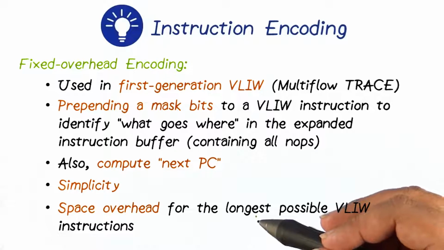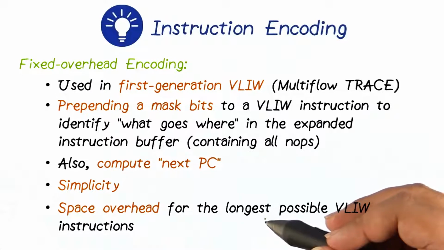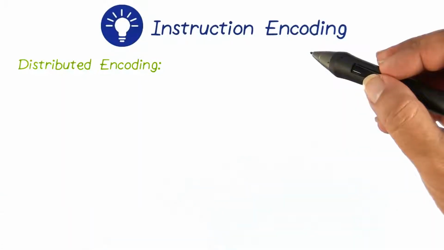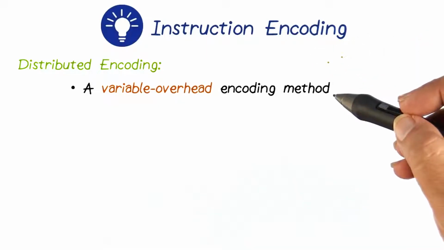You can see that the length of the mask is fixed and it is dependent on the length of the VLIW. So for very long VLIW instructions, this scheme might have some disadvantages. So having seen the fixed encoding scheme and its disadvantages, now let's look at the distributed encoding scheme and how it removes those disadvantages. So the fixed overhead of maintaining the mask is removed in this particular case, and the